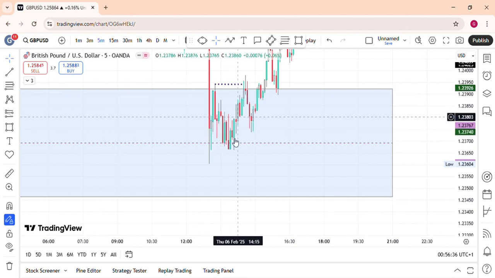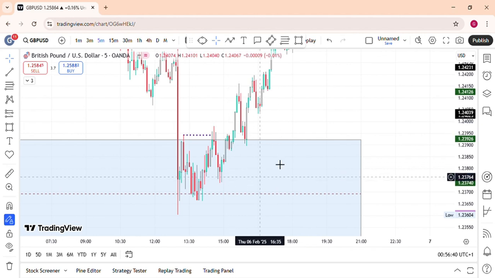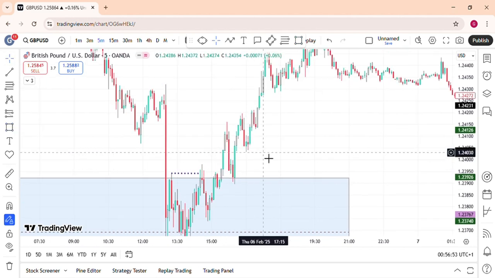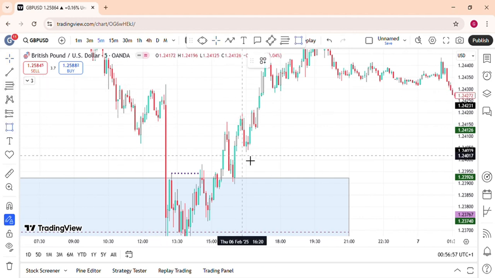So I would have used this fair value gap right here, but still there was no break of market structure here, so I wouldn't have taken any entry here, probably using this one right here. So I might have used this entry right here, but I was not okay with the trade